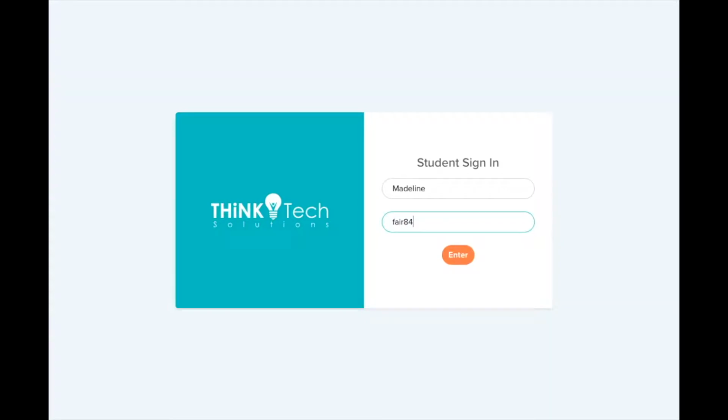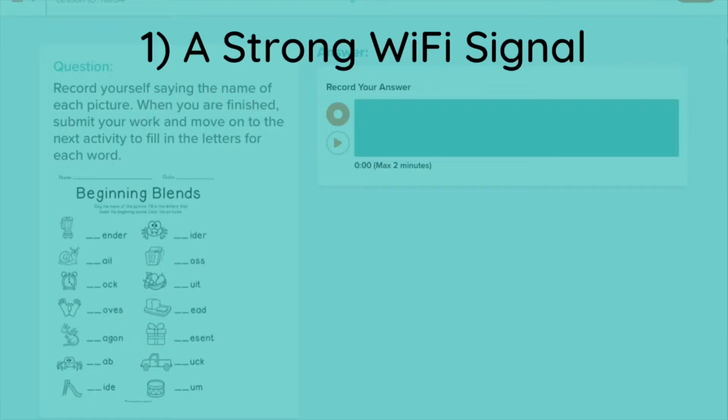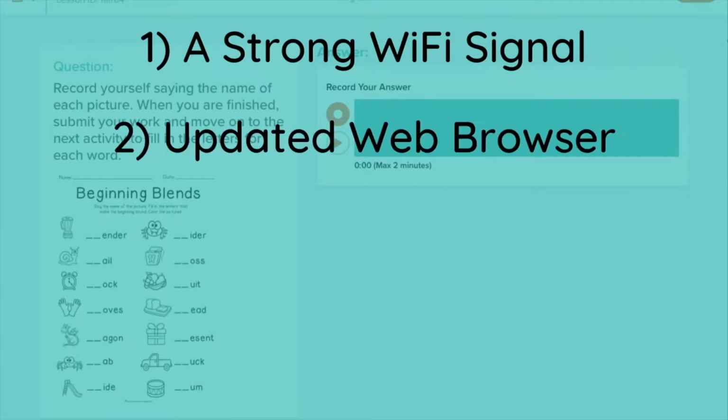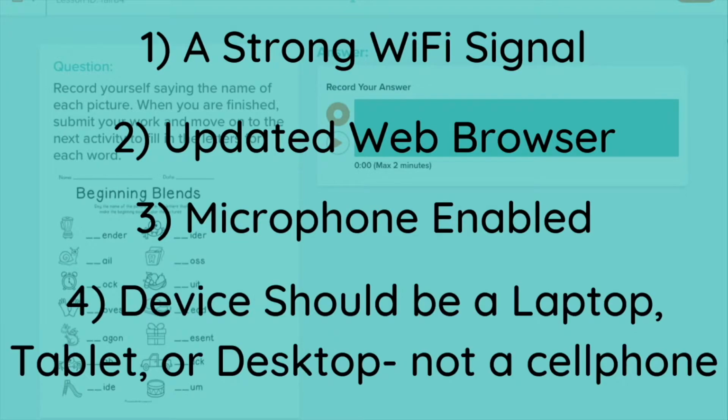In order to optimize success, students should make sure of 4 things. First, that they have a strong Wi-Fi signal when completing lessons. Next, they have the most recent update of the browser they are using. The third is to enable their microphone in their browser settings. And lastly, the device they are using should be either a desktop, tablet, or laptop as opposed to a cell